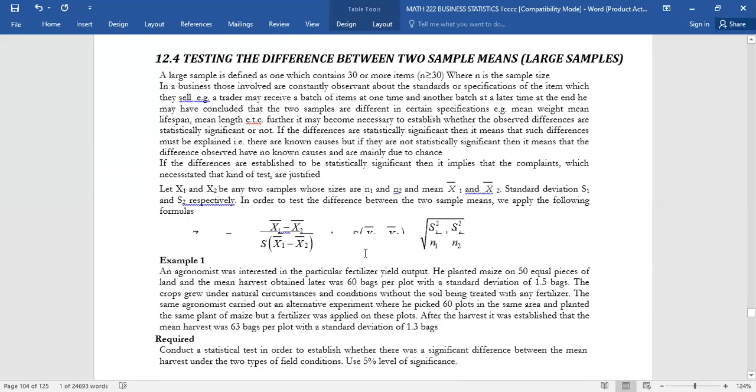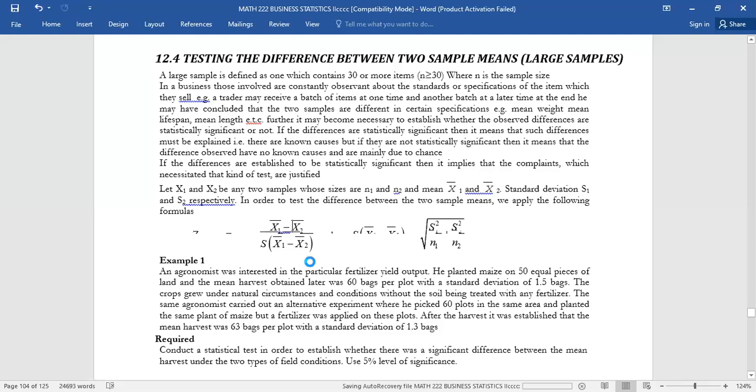And in this formula, I've said that we've been given everything. Our sample mean 1 is 60. Our sample mean 2 is 63. So go with me, 60 minus 63. Then all over, under the denominator, you can decide to work separately, or you can just put it here. It's easier to work it separately. So all over